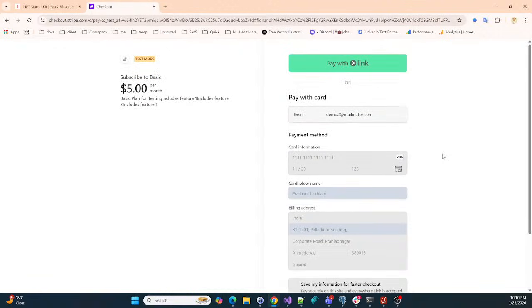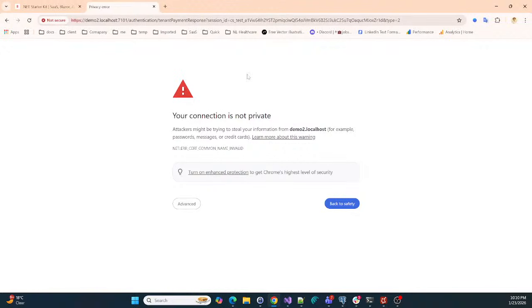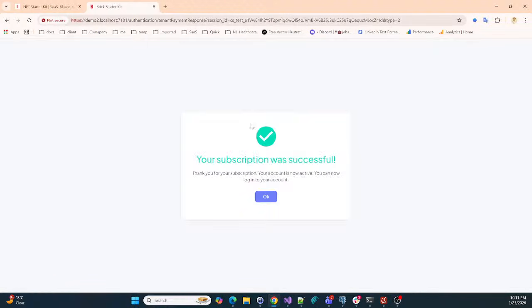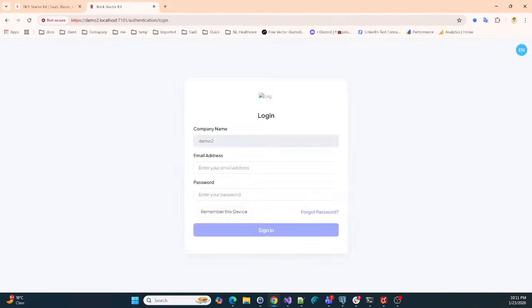Once the payment is successful, the tenant admin will be redirected to his own tenant, and for the localhost setup we have created a URL routing like demo2.localhost. Since this particular domain is not part of the certificate, we have to click on proceed to demo2 in order to redirect to the particular domain. And now you will see the subscription was successful message. Once you press OK, you should be able to log in using the username and password that you have created